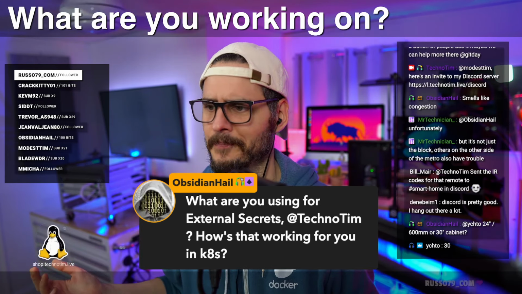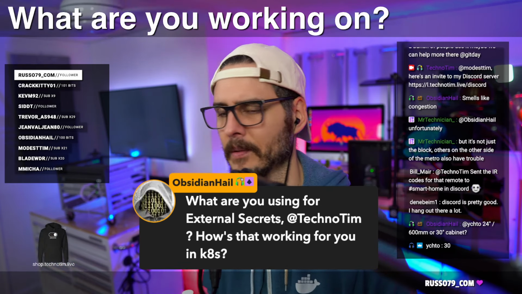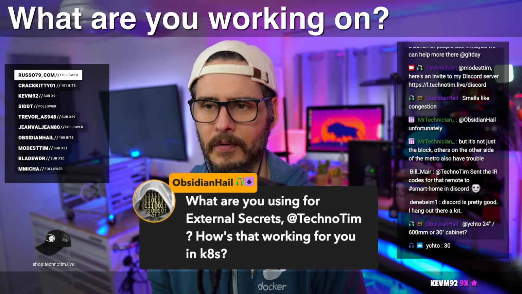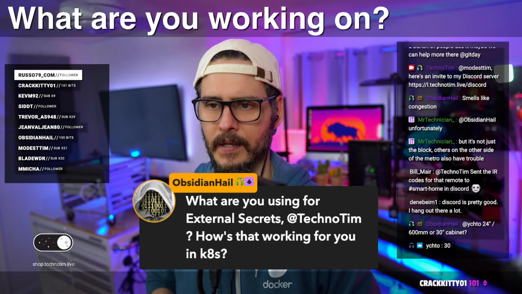So I don't use a vault. Maybe I should at some point. I think we talked about this a little bit ago. But I don't use a vault. I didn't know if that was overkill or what, and I saw how simple SOPS was, and I liked the simplicity of SOPS.